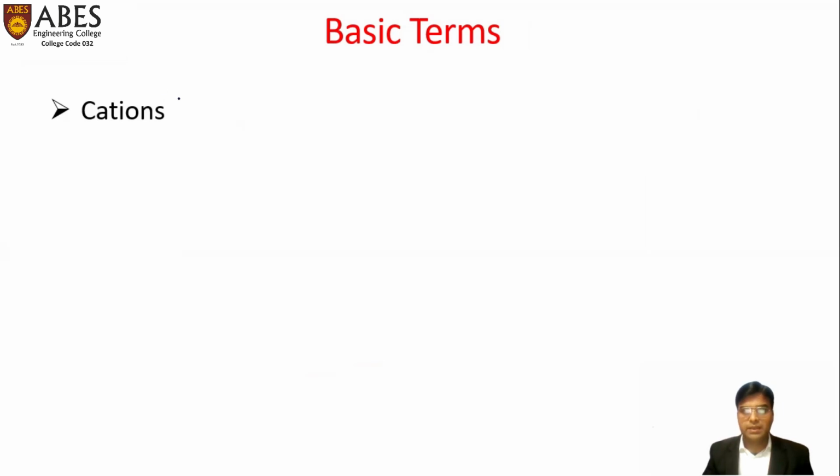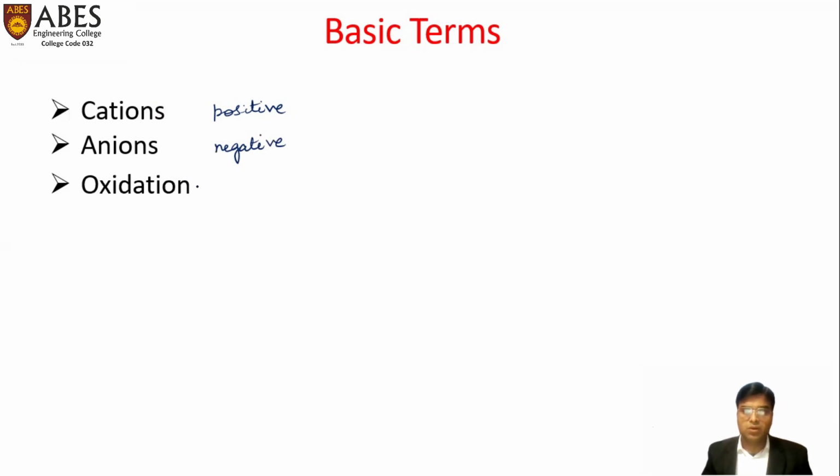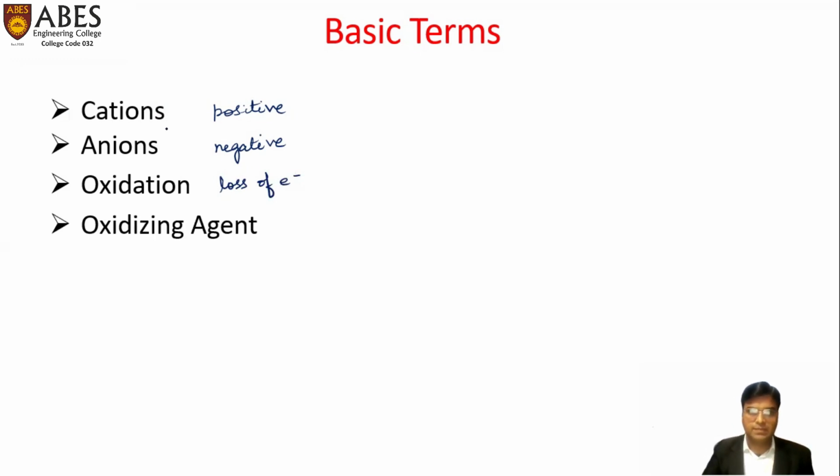Cations are the positively charged species which move towards the cathode in the electrolytic cell. Anions are the negatively charged species which move towards the anode in the electrolytic cell. Oxidation is the process of loss of electrons, which causes generation of cations. Oxidizing agents are the chemical components which accept the electrons